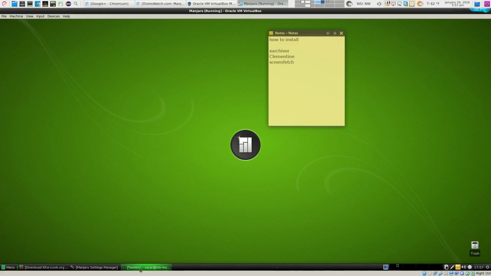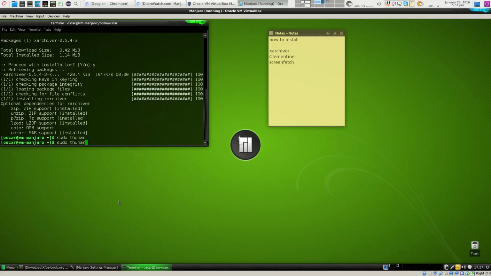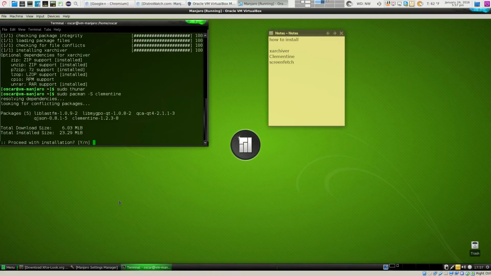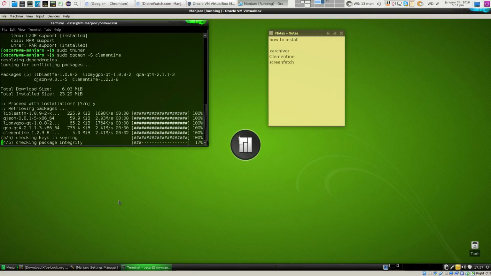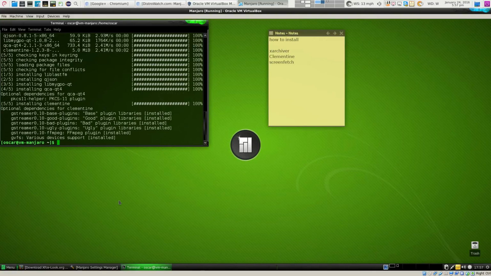Next thing is Clementine. So yes, I'll show you in a second a neat feature that also helps you find the program if you don't know it.